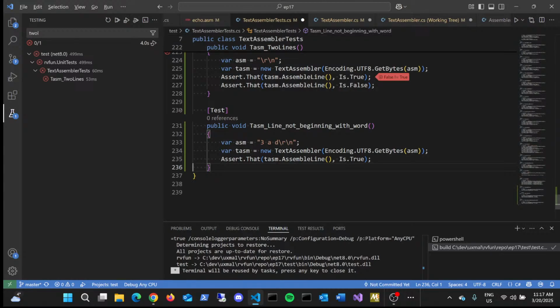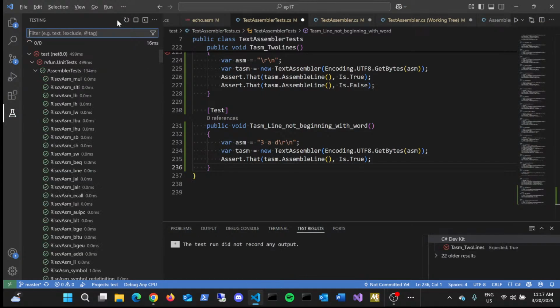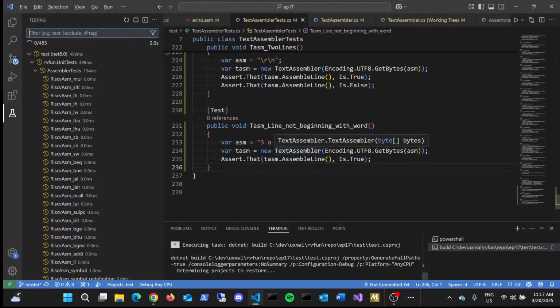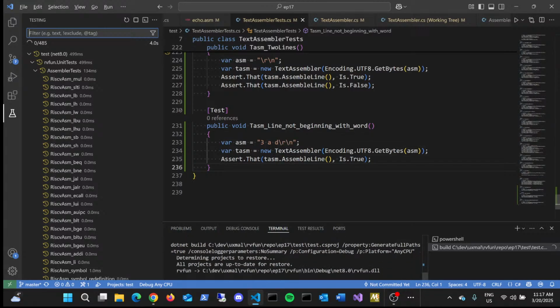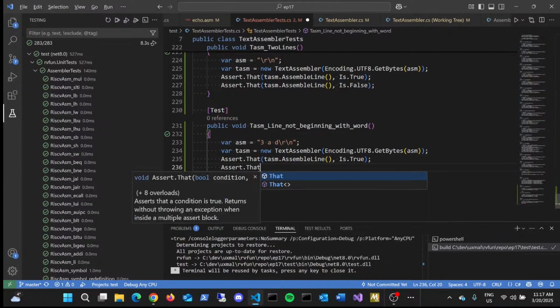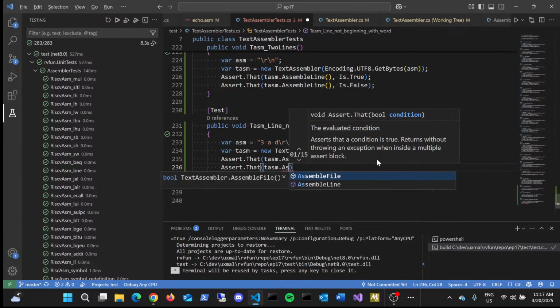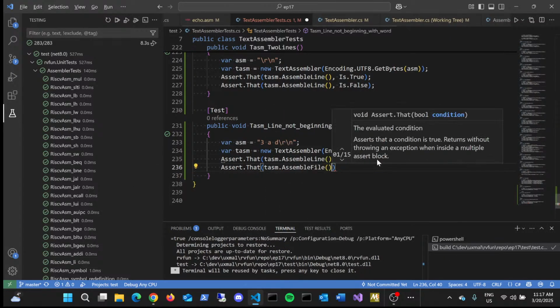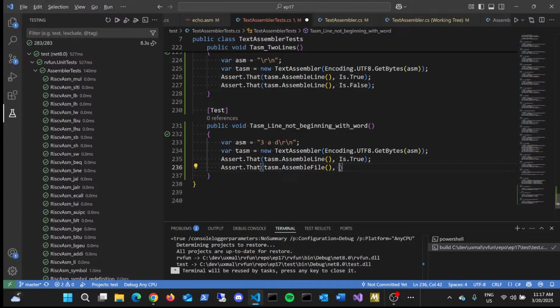So we wanted to test TASM line not beginning with word. Let's clear the filter and run all of our tests in the background. And we expect this now. Well, we'll see what happens. It should assemble a line successfully, but if we then finish the assembler by calling assemble file, this should be false now